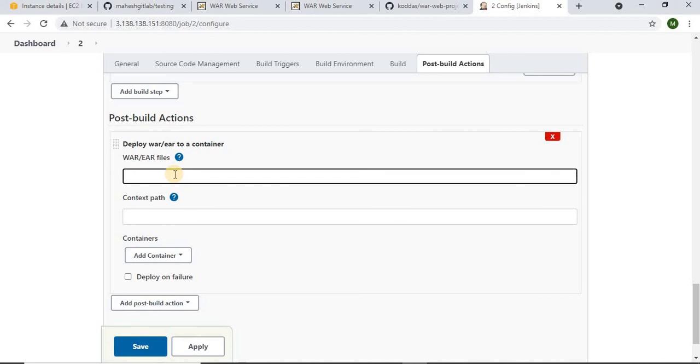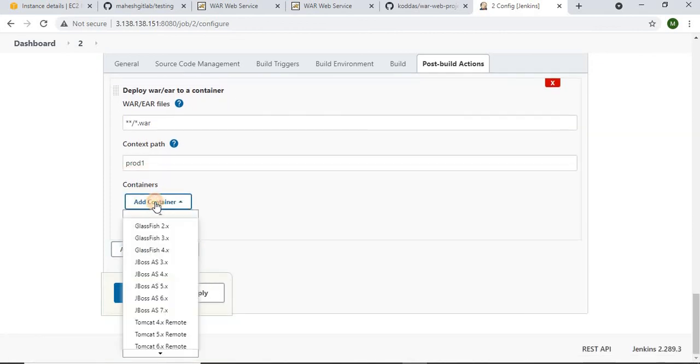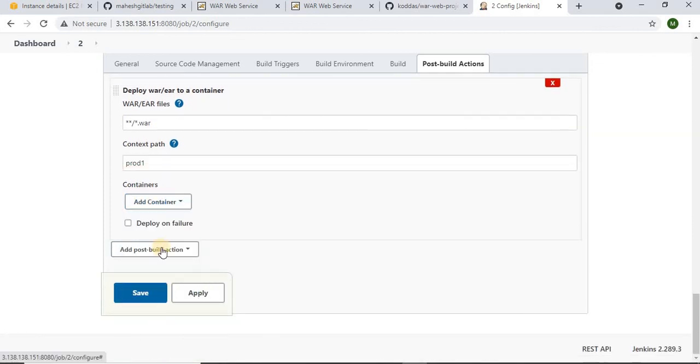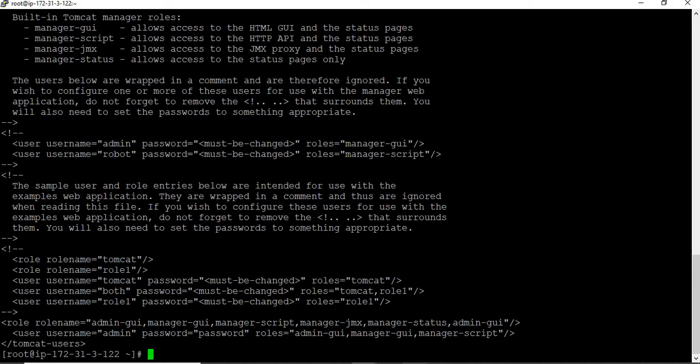So what do we have to give? We have to give what kind of files you have to deploy. Context path I am giving prod 1, let's say. Prod 1, and I have to check container Tomcat 8. What was the username? It's admin and password, right?